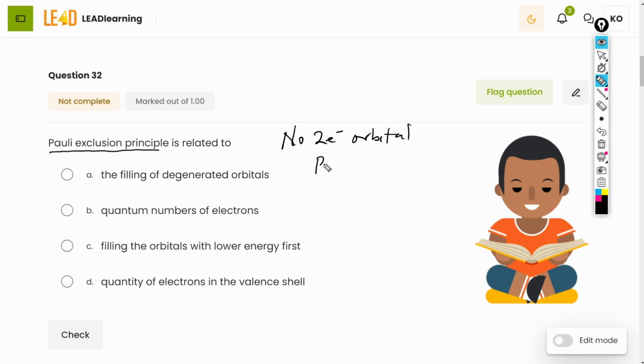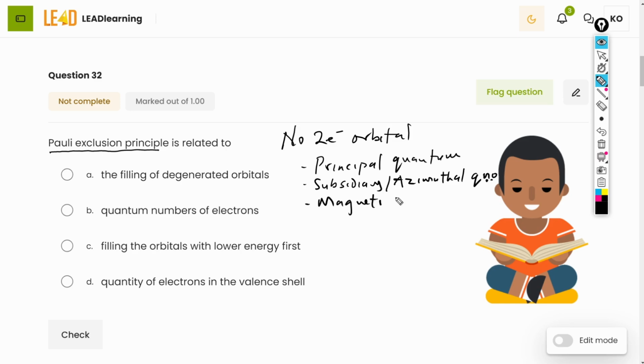The 4 quantum numbers are the principal quantum number, then the second one is the subsidiary, or what you call the azimuthal quantum number. Then the third one is what we call the magnetic quantum number. And the fourth one is the spin